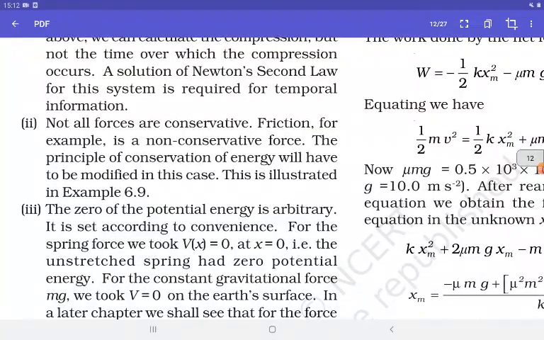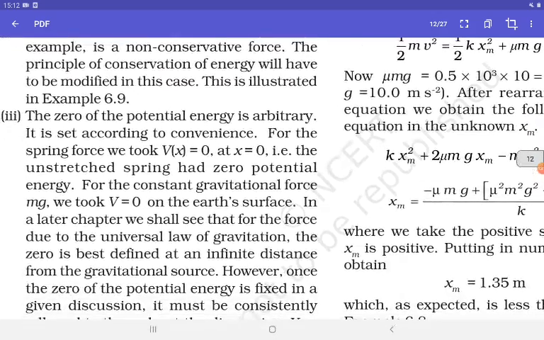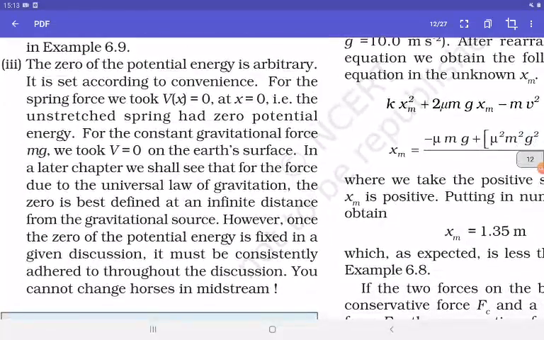Third point, the zero of the potential energy is arbitrary. It is set according to convenience. For the spring force we took V(x) equal to 0 at x equal to 0, that is, the unstretched spring had 0 potential energy. For the constant gravitational force mg, we took V equal to 0 on the earth's surface. In a later chapter, we shall see that for the force due to the universal law of gravitation, the zero is best defined at an infinite distance from the gravitational source. However, once the zero of potential energy is fixed,